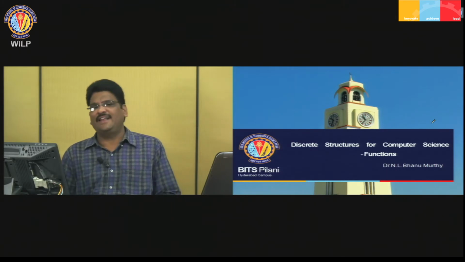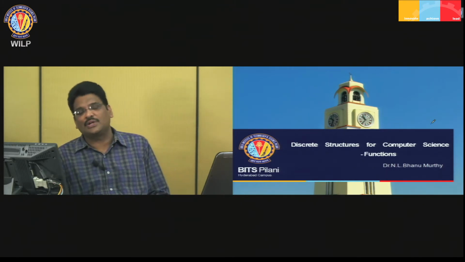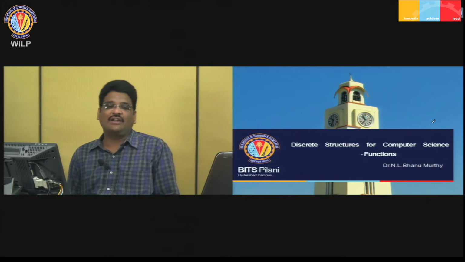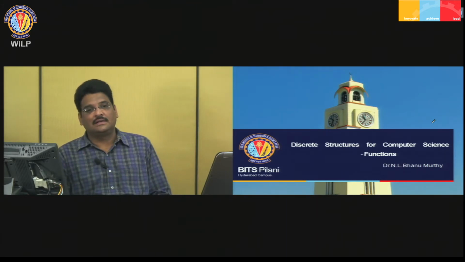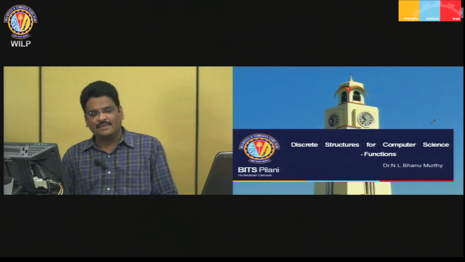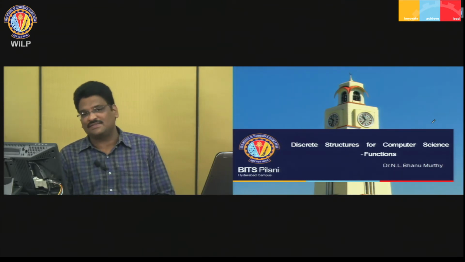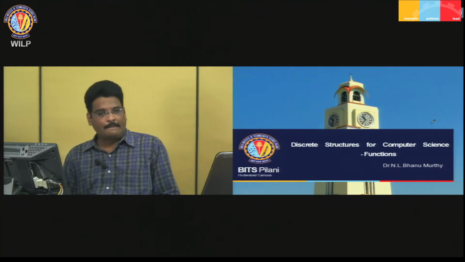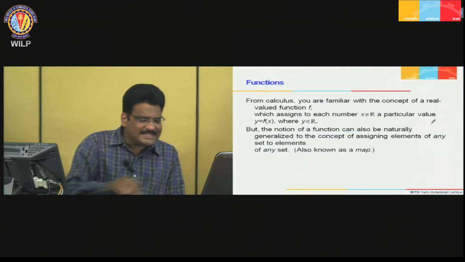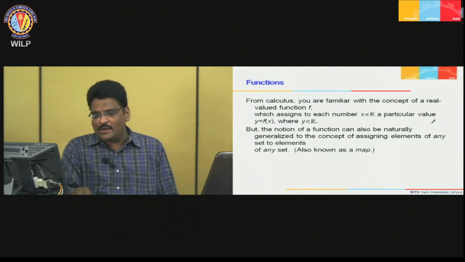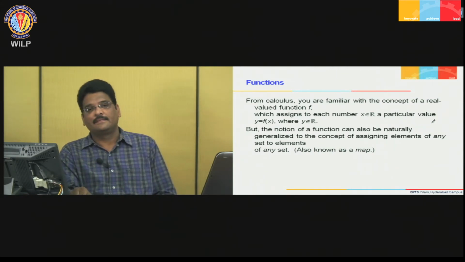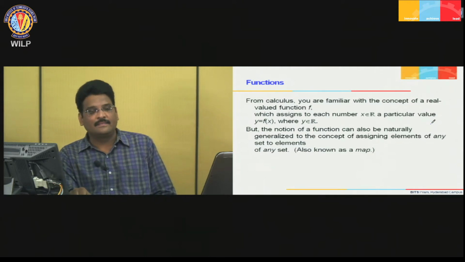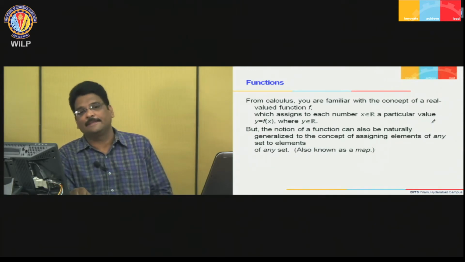To do this kind of analysis, generally we introduce asymptotic notation, and there the knowledge of functions helps immensely. Not only this place, there are a number of other places where you should have a sufficient knowledge of functions. Basically, we all know what a function is, as most of you might have studied calculus. You know what a real valued function is.